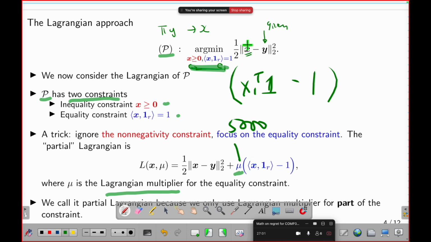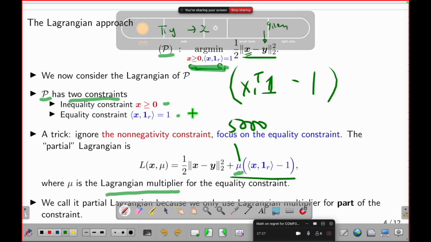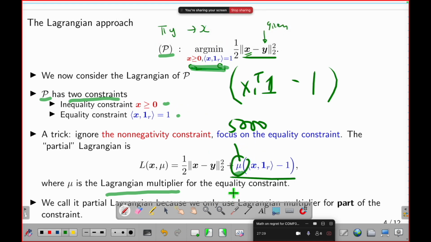Basically what I mean, look at this expression. It says, please make this small. Now suppose I have this. It will mean what? Please make this small and also make this small, right? Make this small is clear: find a y and x that are close to each other. Make this small means what? It means I want this to be true. So therefore, penalizing the constraint is a way to remove the constraint, if this is a good number. Okay,